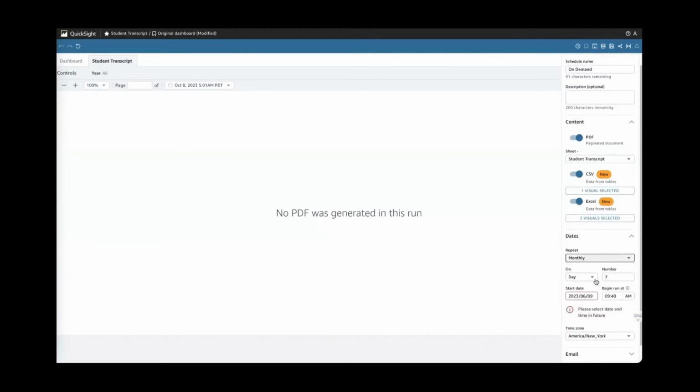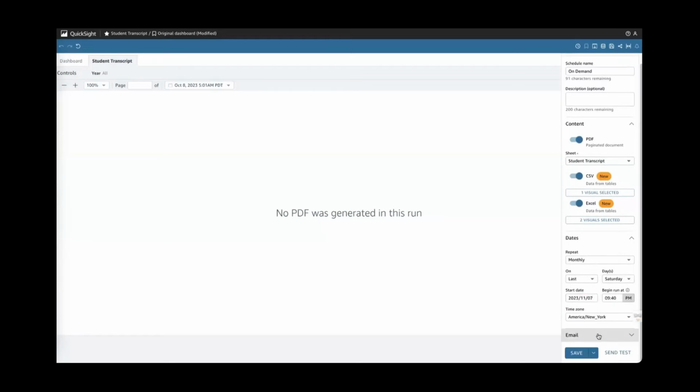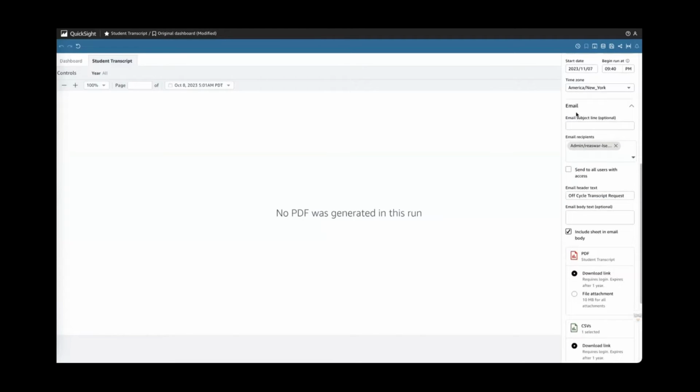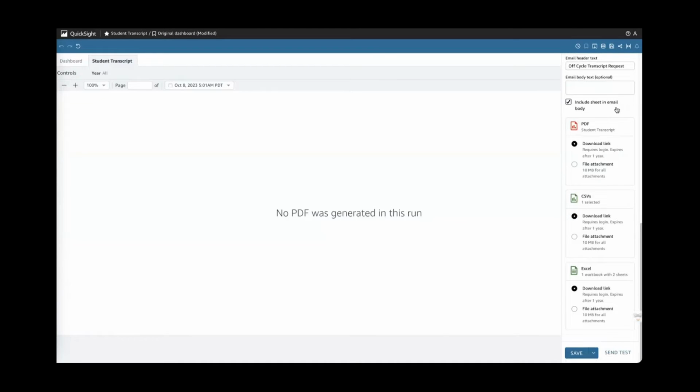So now let's say I want to do this monthly on the last Saturday of every month. I want to send this out. And you're able to create that view really quickly. From here, I'm able to specify whom it should be sent out to, and also should the output be attached like so to the email, or should we be sending it as a download link if privacy, security, etc. is a concern. So from here, we're able to create these schedules, publish them, send them out,